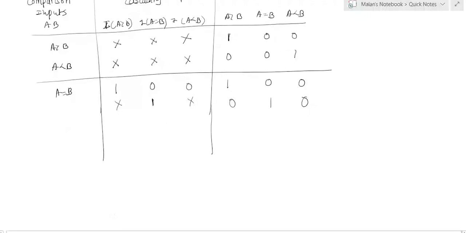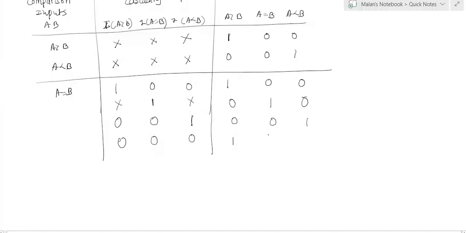Similarly, when the cascading inputs are A greater than B equal to 0, A equal to B equal to 0, and A less than B equal to 0, then the output generated is 0, 0, 1. Similarly, when the cascading inputs are 0, A greater than B, A equal to B, and A less than B is 0, then the output generated by the IC is 1, 0, 1.